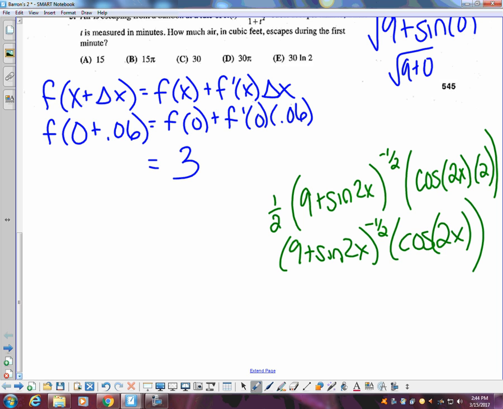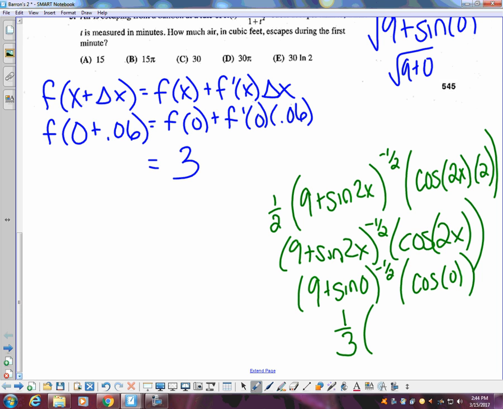Plug a 0 in for my x's. So this is going to be 9 plus sine 0, to the negative 1/2, cosine of 0. Okay, what's sine of 0? 0, so it leaves me with a 9. The 9 is to the negative 1/2, 1/3. Cosine of 0 is 1. So all that mess is a 1/3